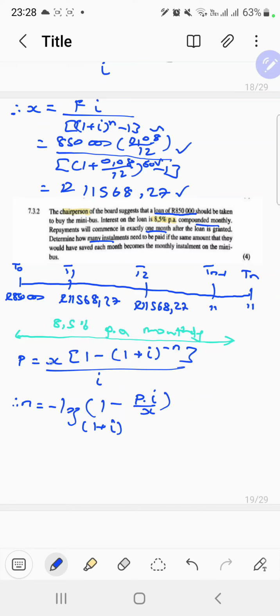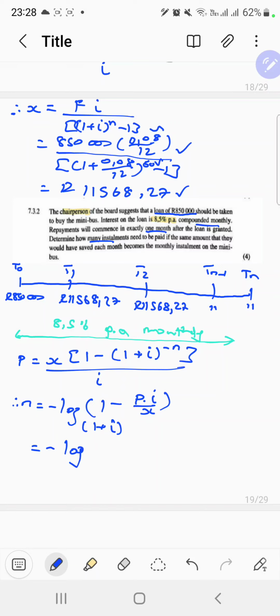So if you don't know the mathematical gymnastics that landed us down here, please do make sure you watch the previous video where I did the Mpumalanga paper. I did try to show exactly how we arrive at this. Right now, you just want to make sure you cut as many corners as possible, but in a very nice way. This is equal to minus log,